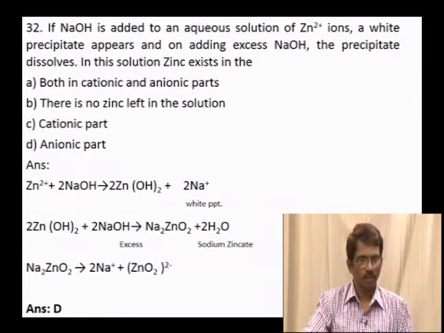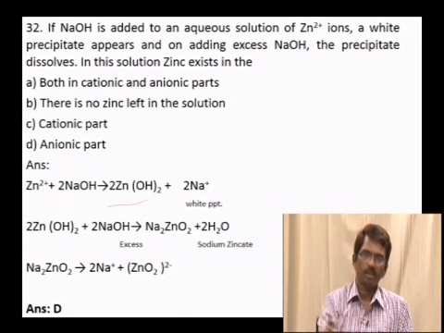Question number 32, if sodium hydroxide is added to an aqueous solution of Zn2+ ions, a white precipitate appears, and on adding excess of sodium hydroxide, the precipitate dissolves. In this solution, zinc exists in, the options are: cationic part, anionic part, no zinc left in the solution, cationic part and anionic part. When sodium hydroxide is added to the salt solution of zinc ions, you get a white